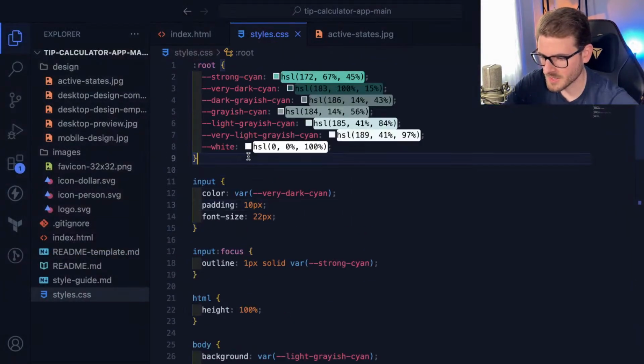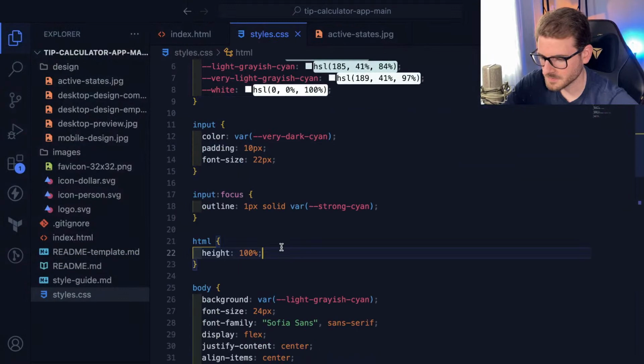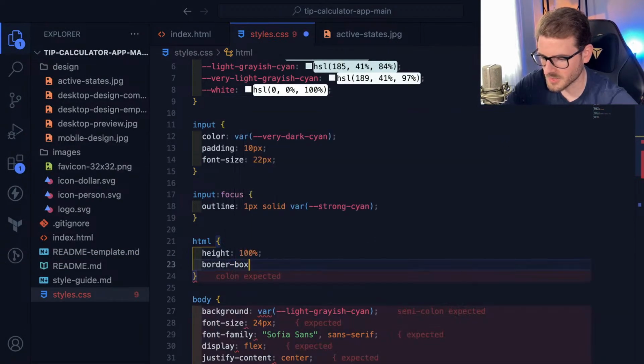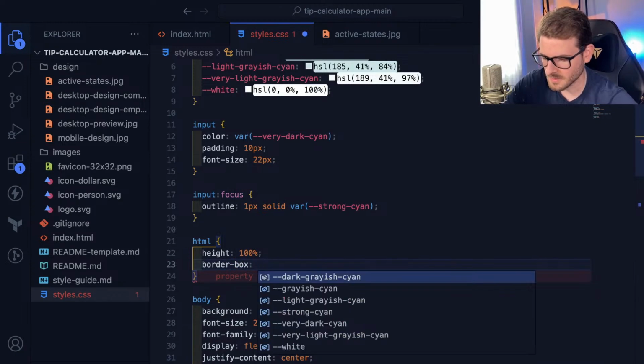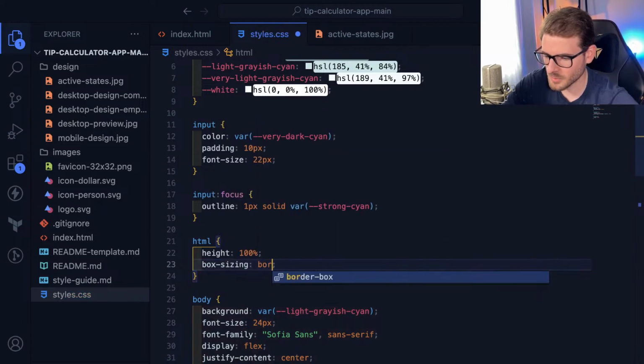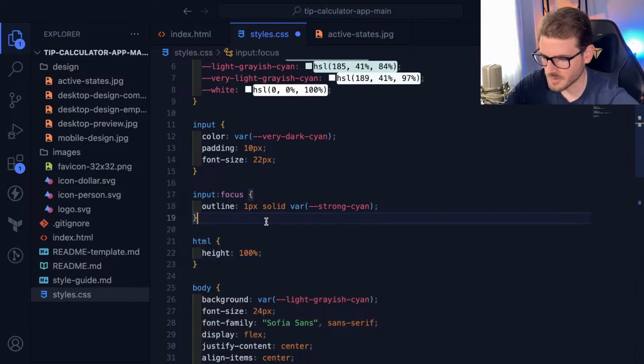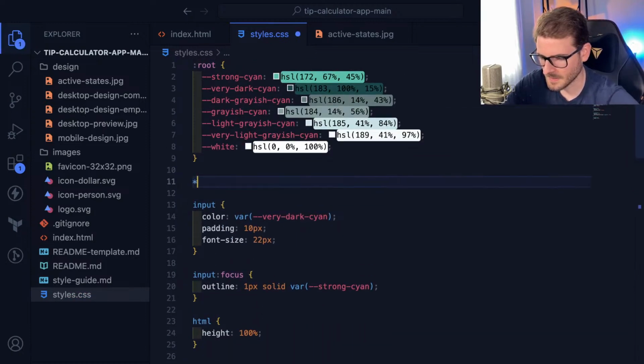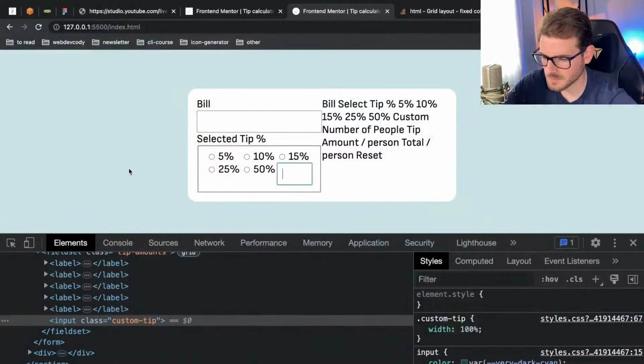One thing I might apply to everything is border box. What is it called? I don't remember what this one's called. It's called box-sizing: border-box. And I might apply that to everything up here. I'll just say star, border-box. Okay, because there was a little issue with the input going off the page. So